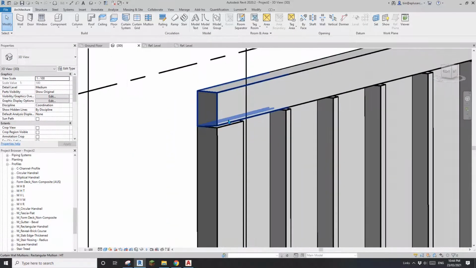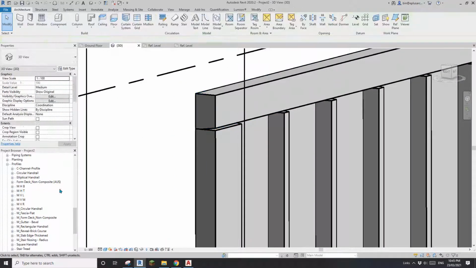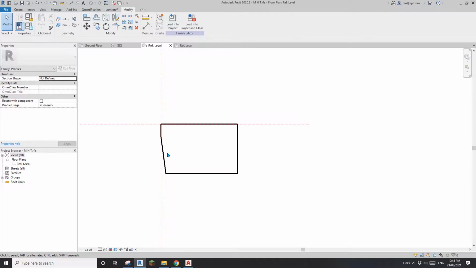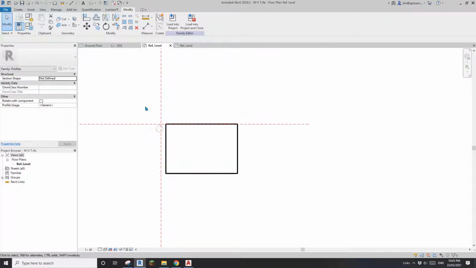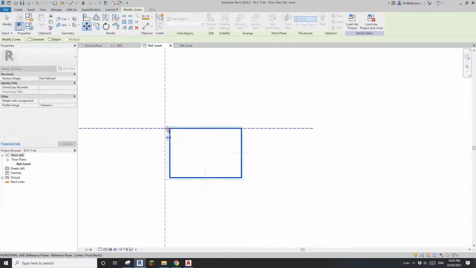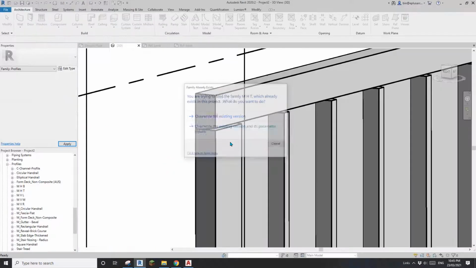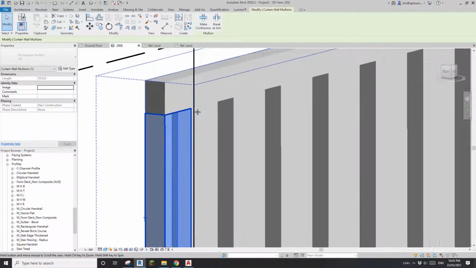So first what we're going to do is adjust the top mullion profile. So go HT, edit. I'll just straighten this, and then move this to here. Now load this back into the project and overwrite. Now you will see the top becomes a rectangular shape and this vertical goes to touch the top, but